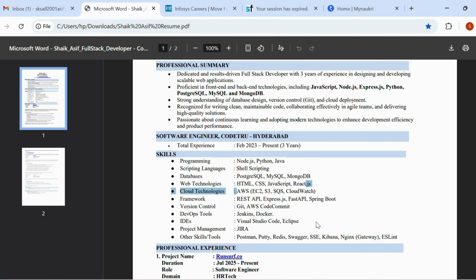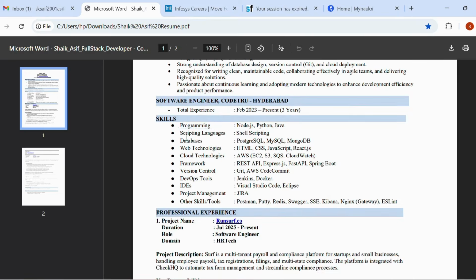For freshers also, just follow this format. If you have fewer skills, for each section just mention even one skill. In programming languages, mention one language if you know only one. For web technologies you can mention HTML, CSS, JavaScript, which are the basics, and you should know at least one database. If you don't know a scripting language, just remove it. If you don't know cloud, just remove it. Just group your skills properly.